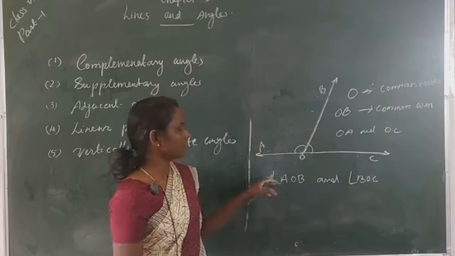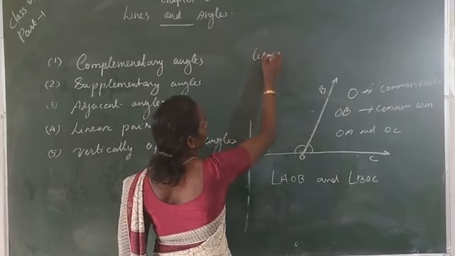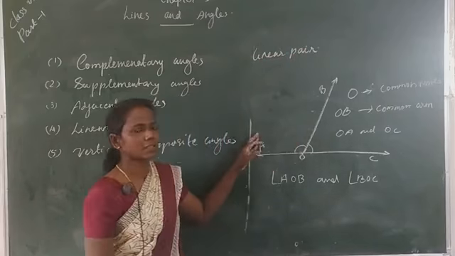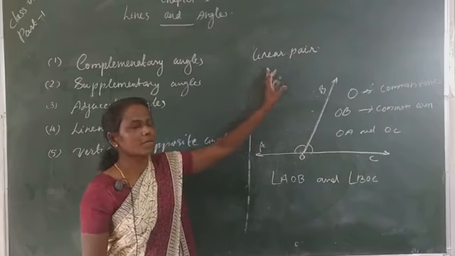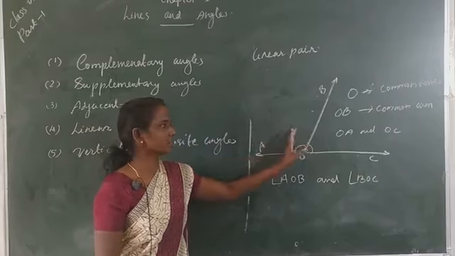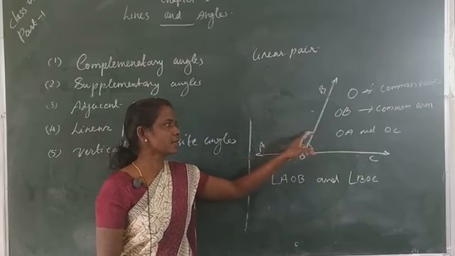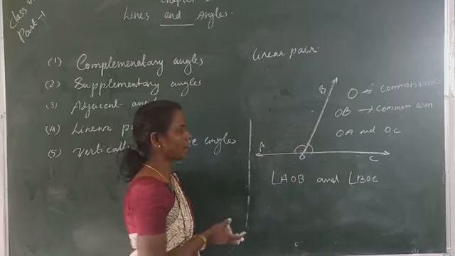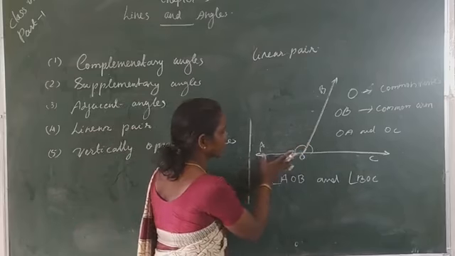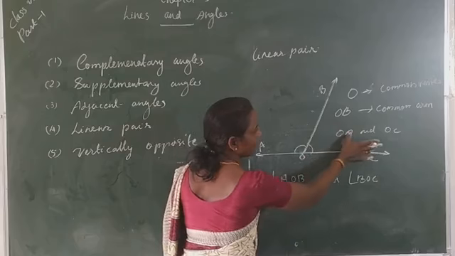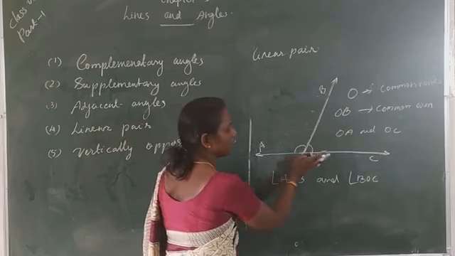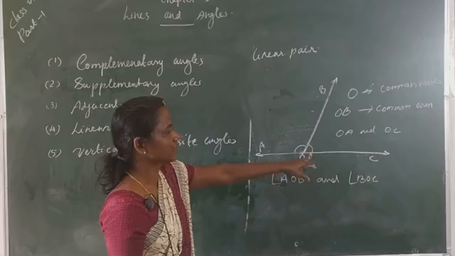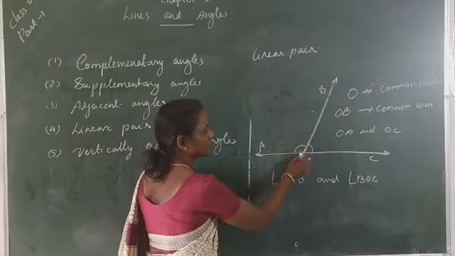Then look here, a linear pair means a pair of adjacent angles. So this is an adjacent pair, and its non-common arms are OA and OC. OA and OC form a ray. These arms form a